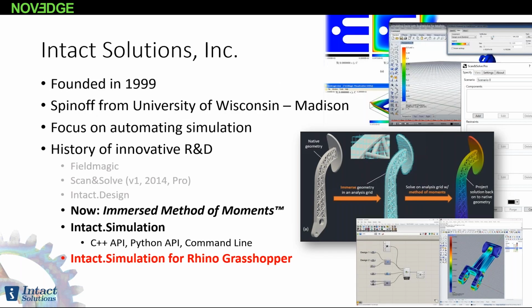So I'll tell you a little bit about the company. Intact Solutions was founded in 1999. It's a spin-off from the University of Wisconsin-Madison in the mechanical engineering department. We've always had a focus on automating simulation, primarily for designers and engineers to aid their conceptual design process and to help them